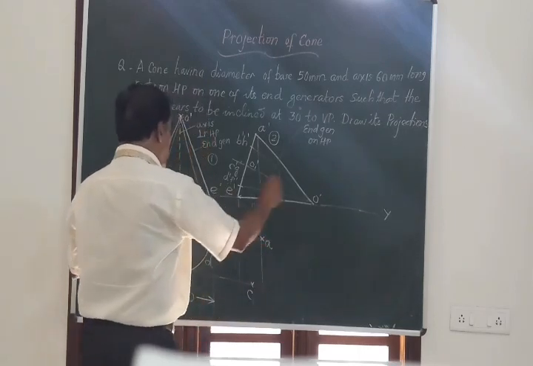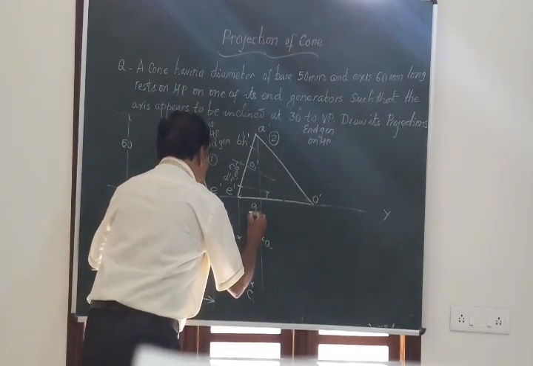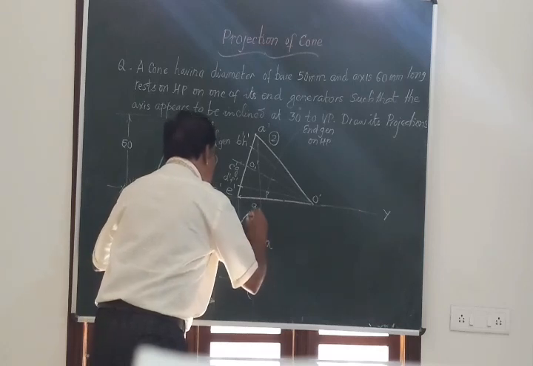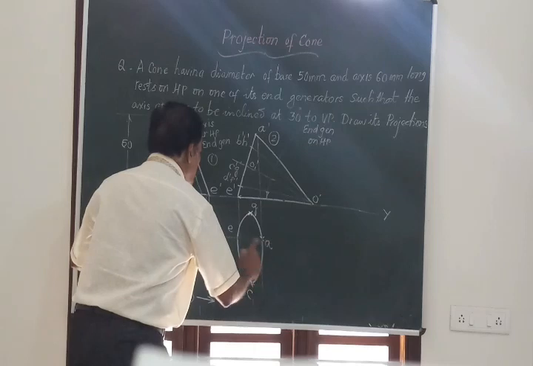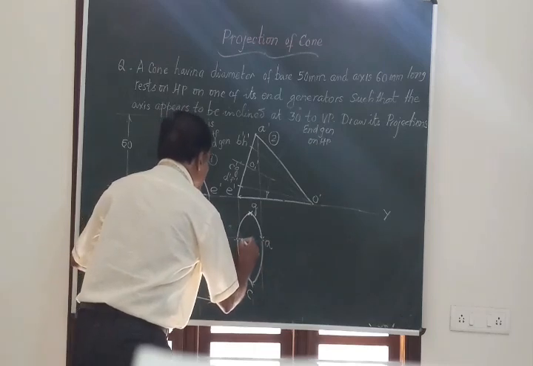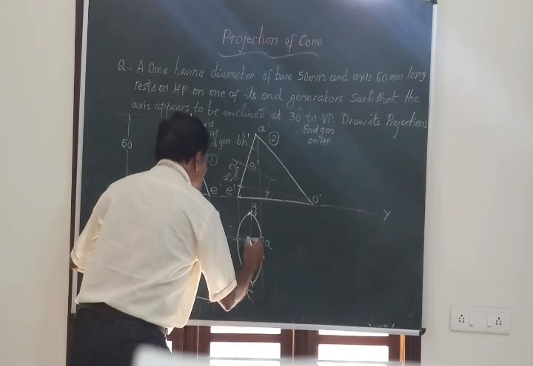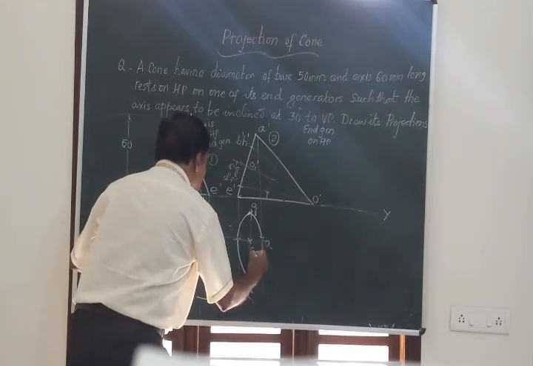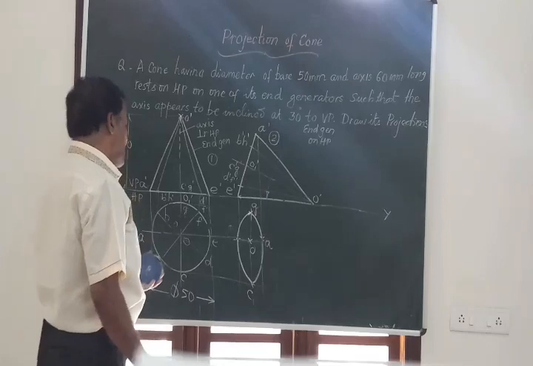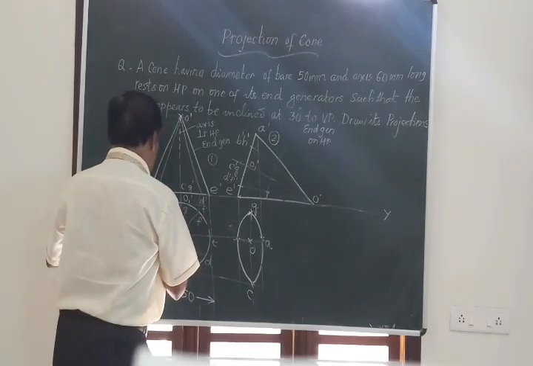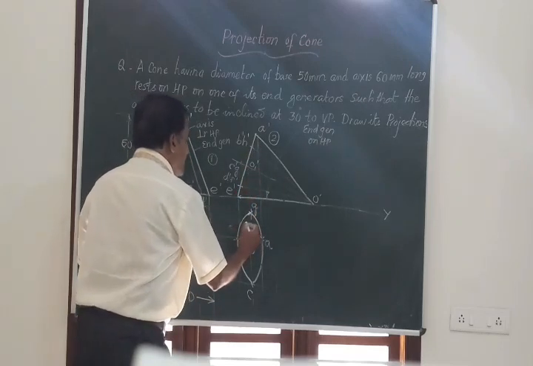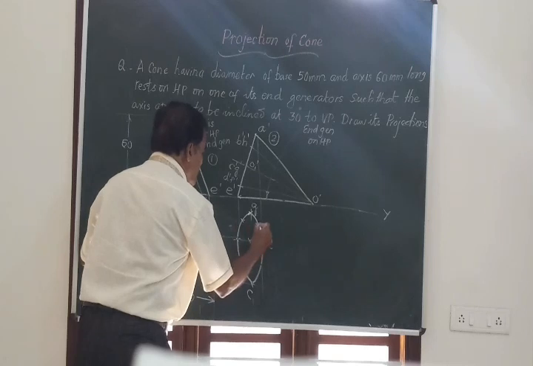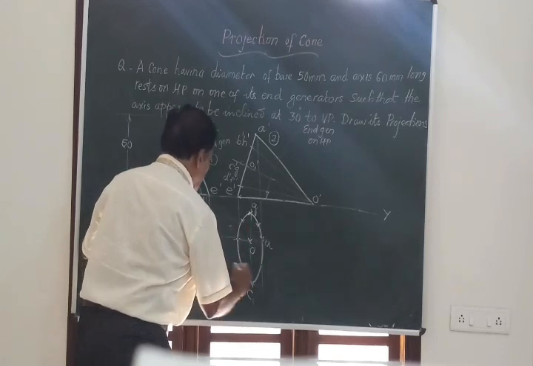So assume we have got all those points. I am joining them by a full curve because the complete base of the solid, that is the circle, is seen as an ellipse in the top view. So this is the axis. There is no place to mark, hence I am just marking only this O. All the points are also there. If you want, you can mark them here. This is H and G. H will come here and G will come here. So you have got all those points. That can be easily worked out.